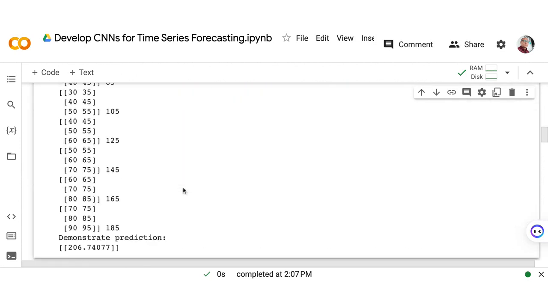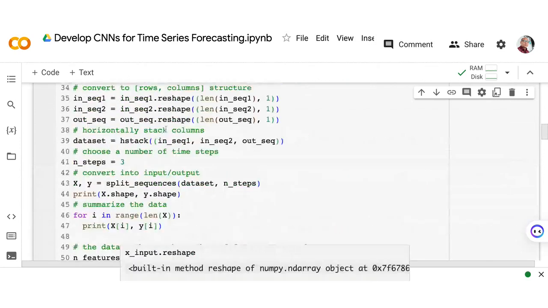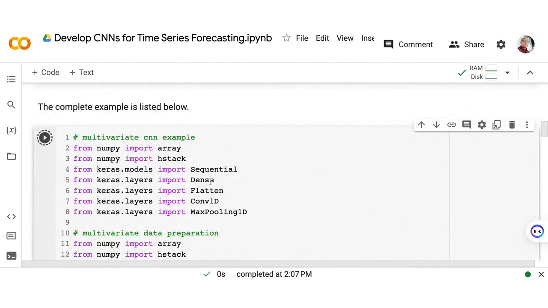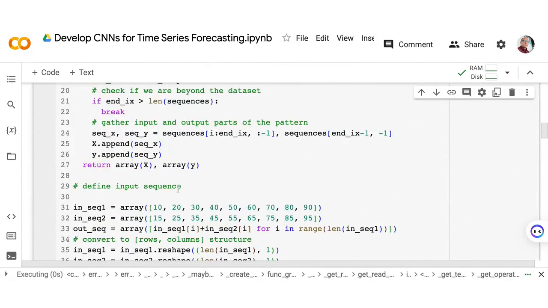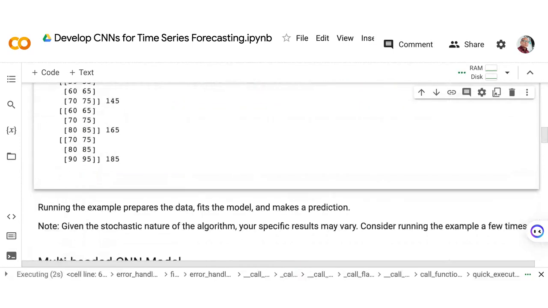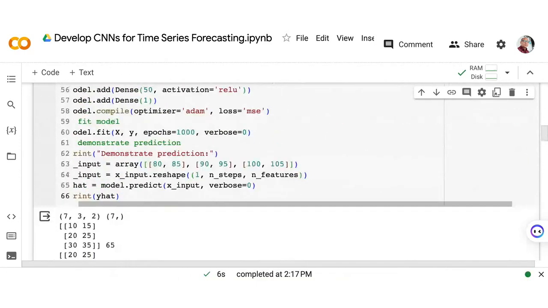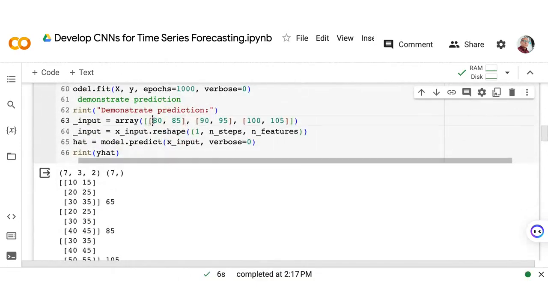Now to show us the capability of this multivariate CNN example, let's try to run it. And as you can see, we are expecting that if we have the following values, ano ang magiging output natin?